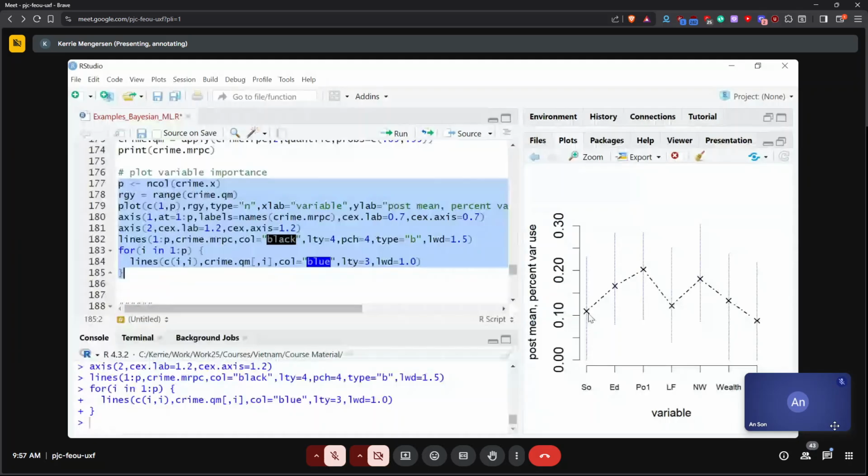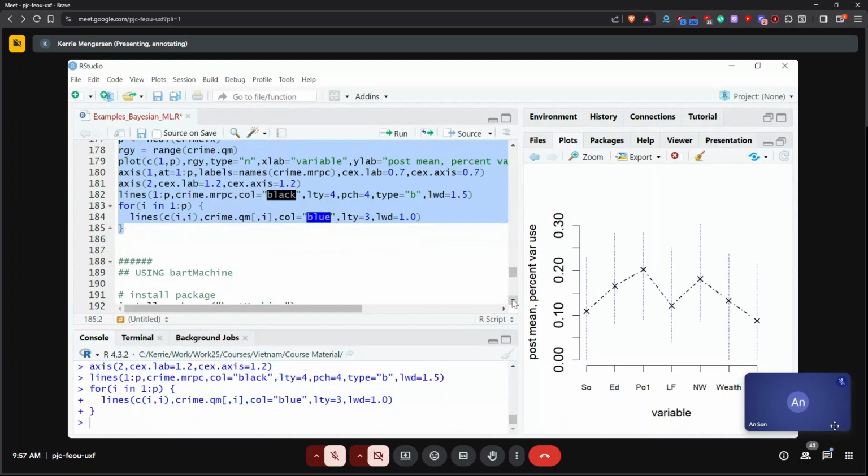So that's how important they are. You can see here whether it was a southern state or not is reasonably important, but not so important. The most important variable is the police spending. Education is also important, and also is the proportion of non-whites. So wealth and inequality has very little to do with this in this analysis.